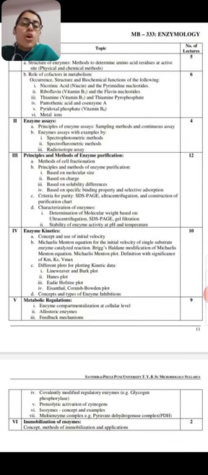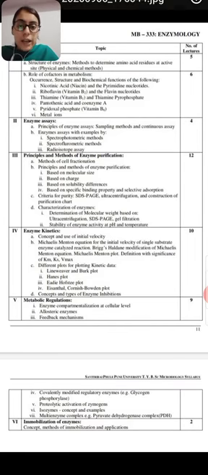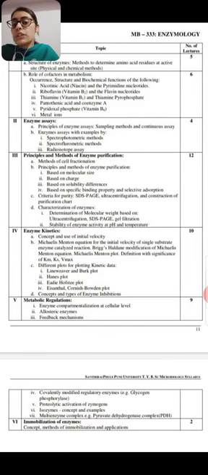Regarding its occurrence, riboflavin was first found in milk. It is yellow in color, and the 2 nucleotides which act as cofactors are FMN and FAD. Next cofactor is thiamine, which is also known as vitamin B1,